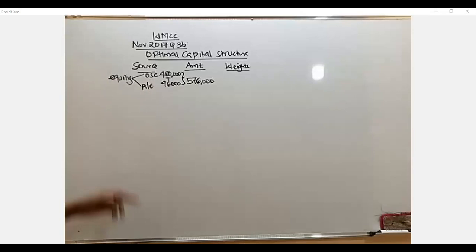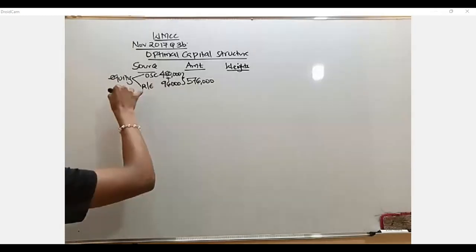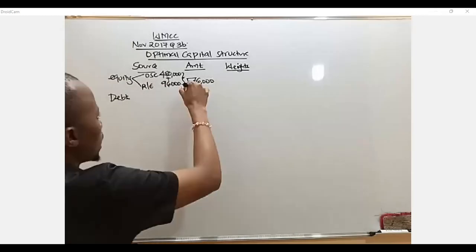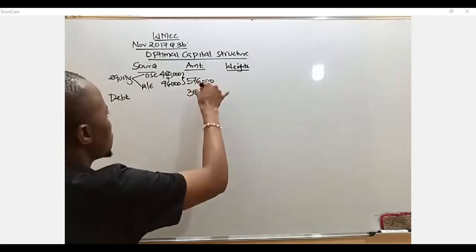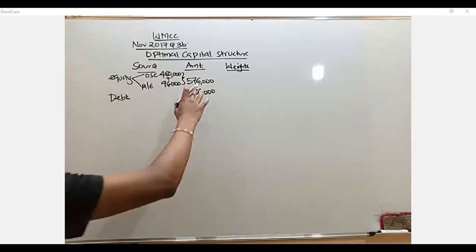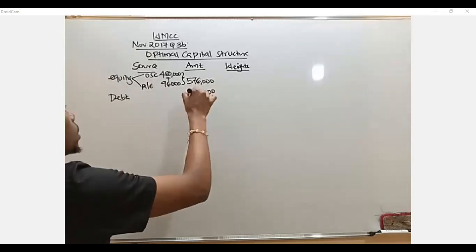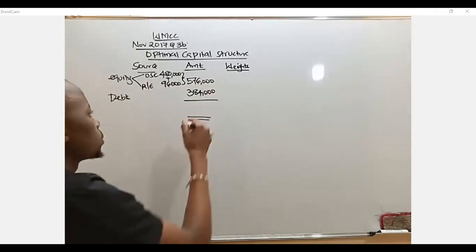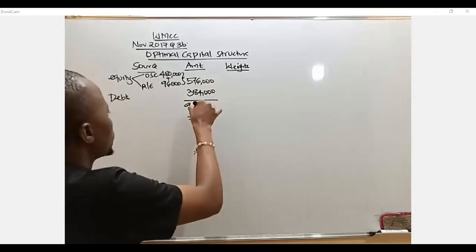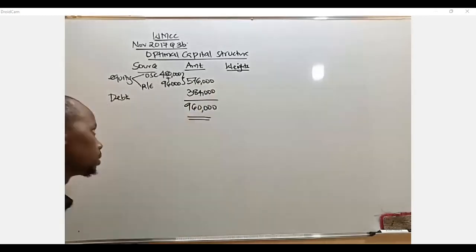So we have equity and then we have debt. So what is our debt? We have been told the total debt which is financing this organization is 384,000. So what is the total? The total is already given in the question. You don't need to compute it, you just need to copy. We are getting 960. So let us look at the proportions, and that is where we are discussing the